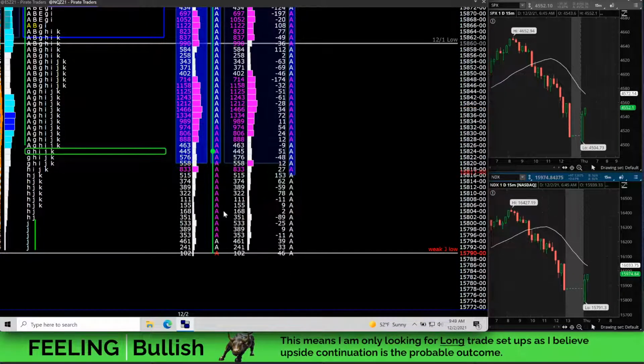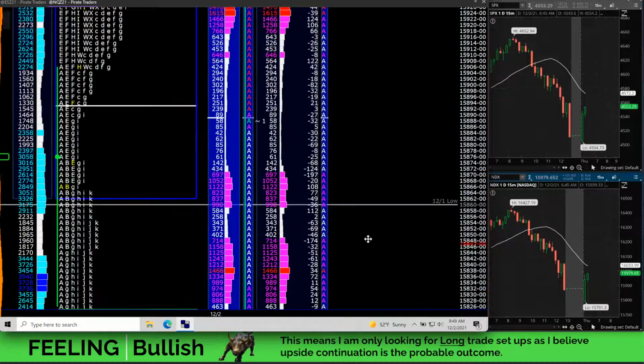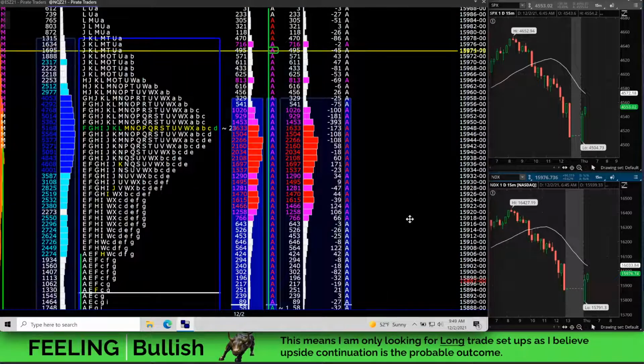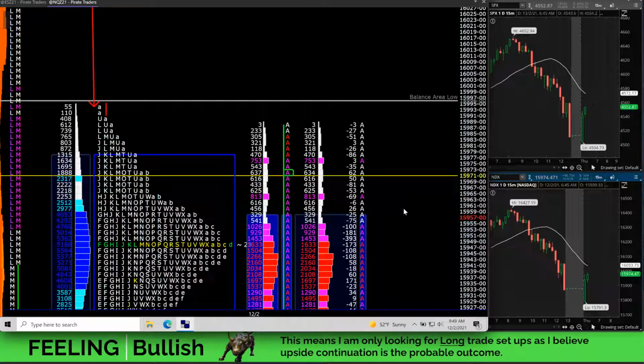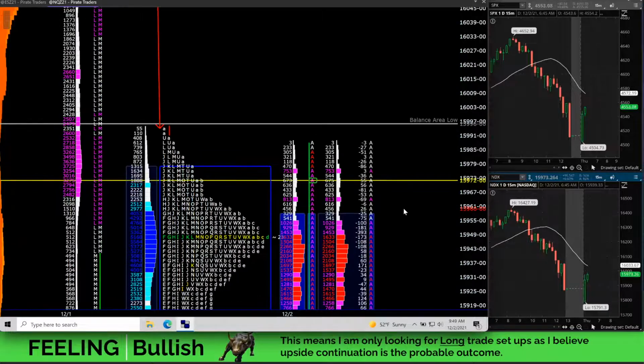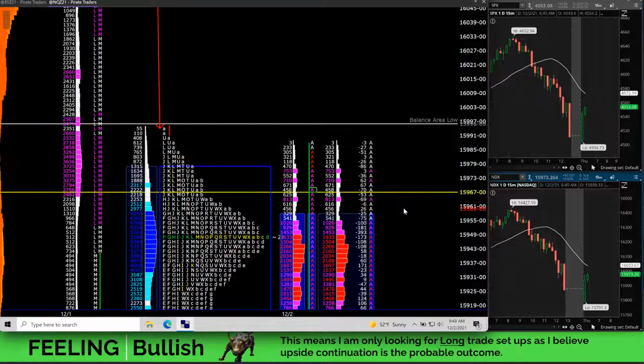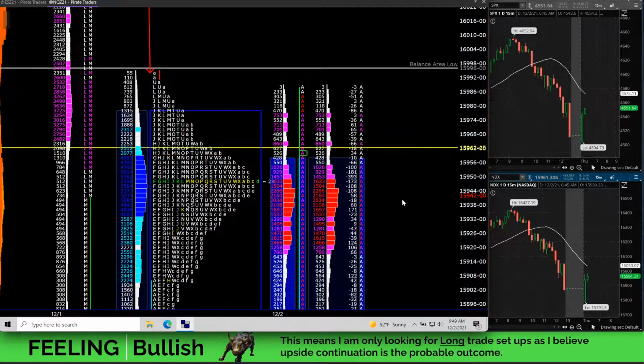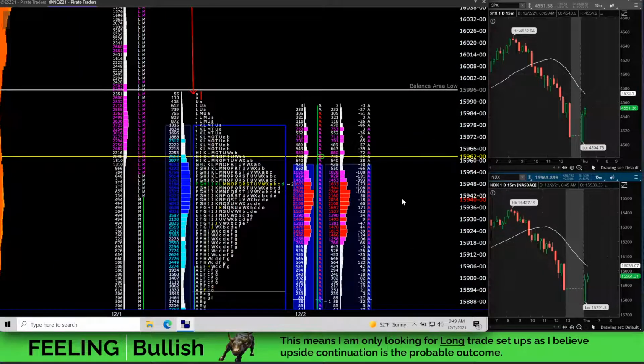I would also call the low this morning a poor low. I don't know what day this was from. I forgot to mark the date, but it stopped right at a previous week reference and one tick from the overnight low. So I would call that a poor low on the Q this morning. So not quite as bullish as the ES.